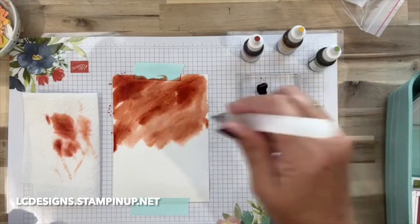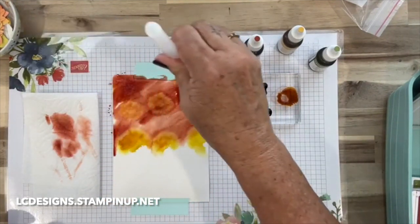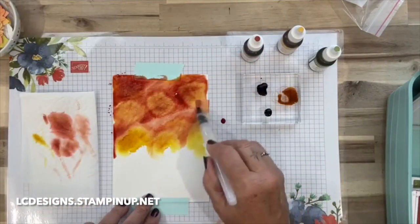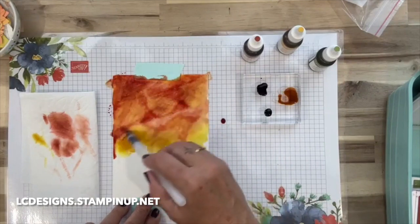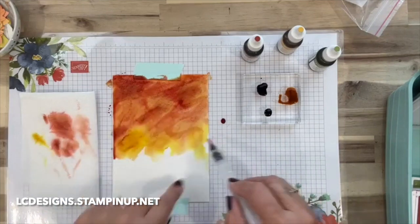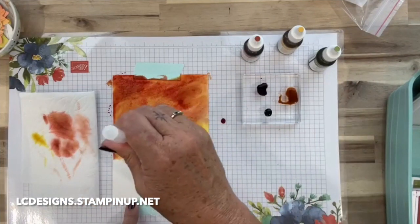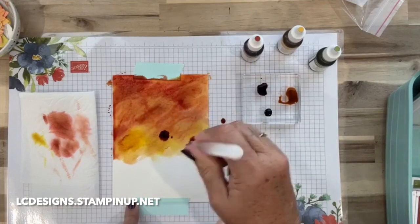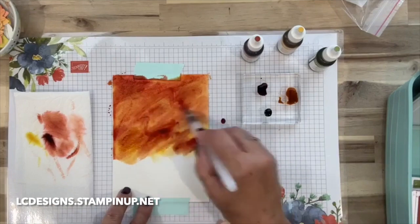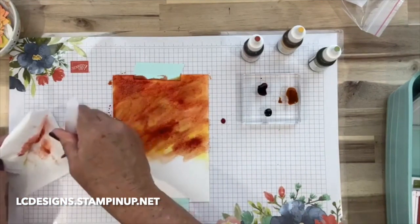Like I said, our tutorial this month has got the watercolor projects. So we're just going to blend that crushed curry in. So can you already see these colors looking like leaves? I have a little bit of crushed curry, so I'll add some more of the Cajun Craze in there. All right, so now we are,